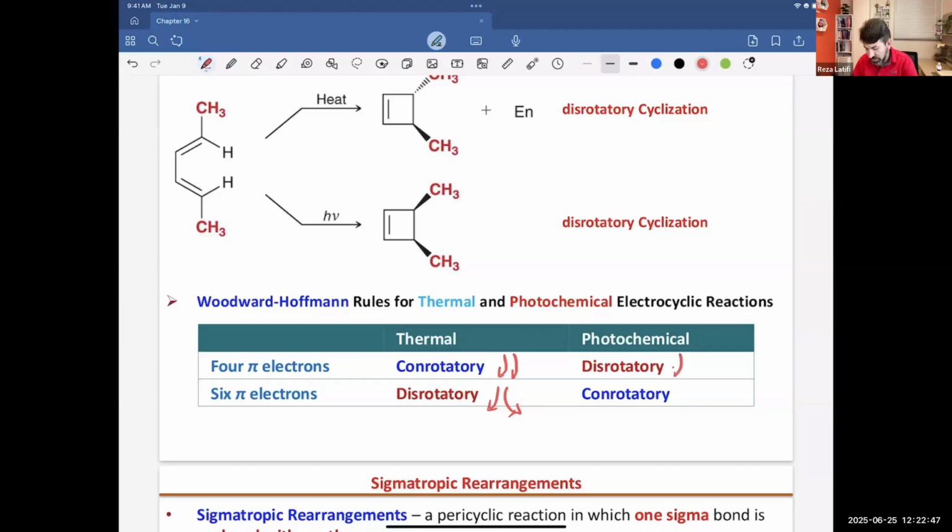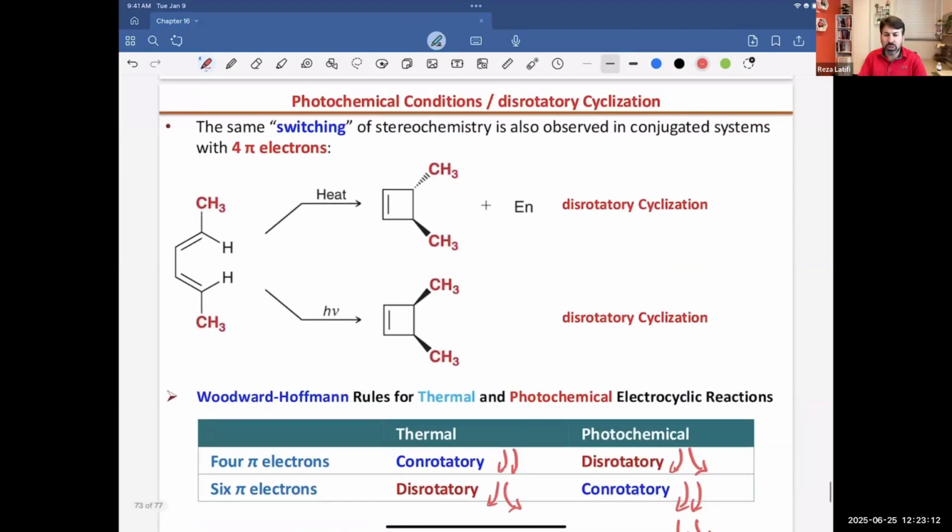What does it mean? It means one of them clockwise, while the second one will be counterclockwise. And that's whenever you are dealing with 4 pi electrons. But if you switch to 6, this time the rotation will be in the same direction. It will be conrotatory, whether they are clockwise or counterclockwise. If they are moving in the same direction, we call it conrotatory. So what I want you to zoom in on is the number of pi bonds plus the sign that you see here to see whether heat or